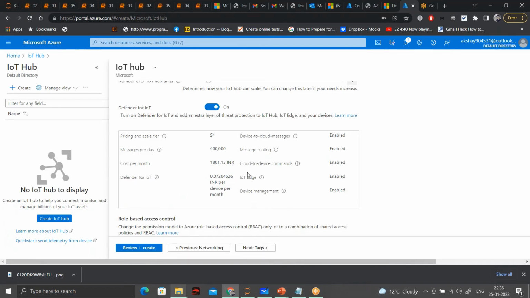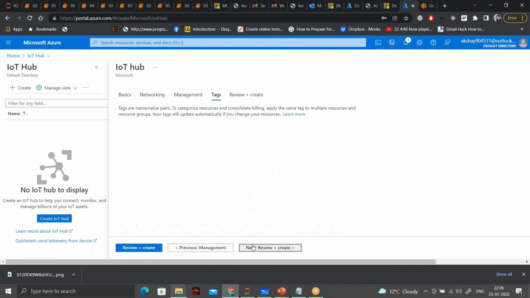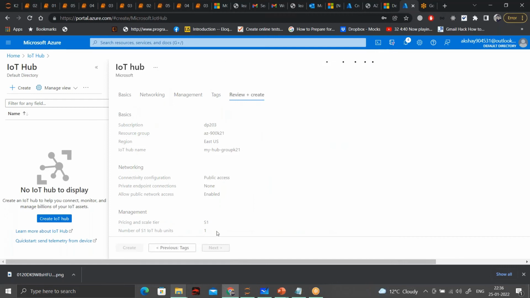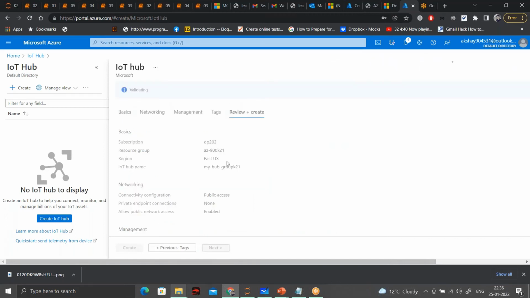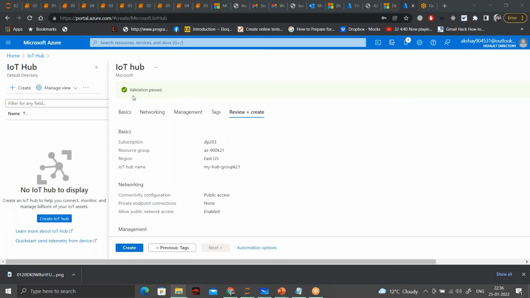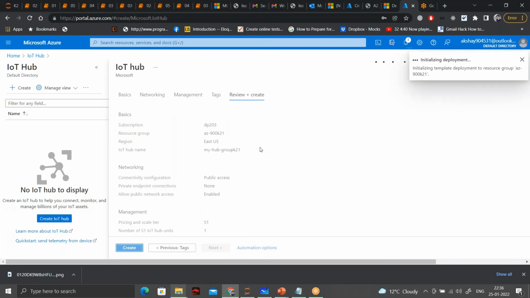There is an Azure Defender for IoT Edge for your security solutions. You can see the validation has passed. I'll create an Azure IoT Hub now.